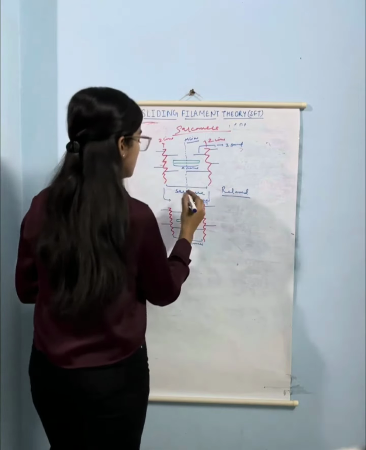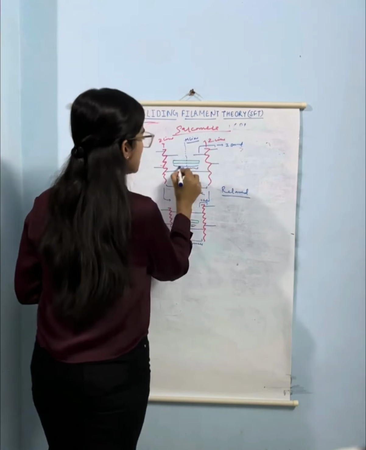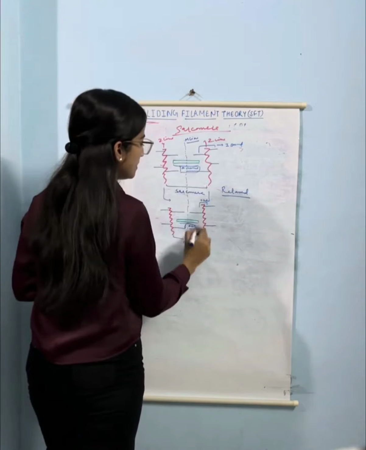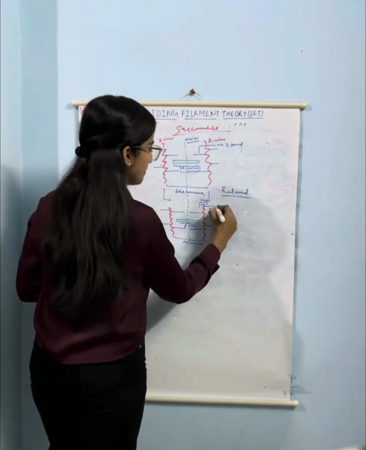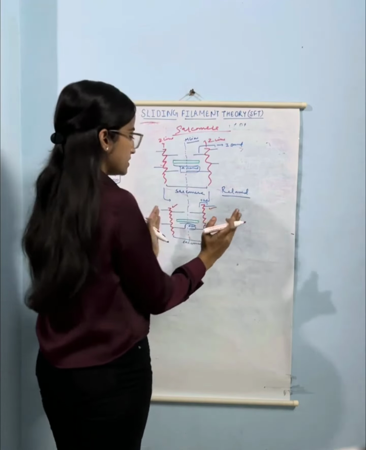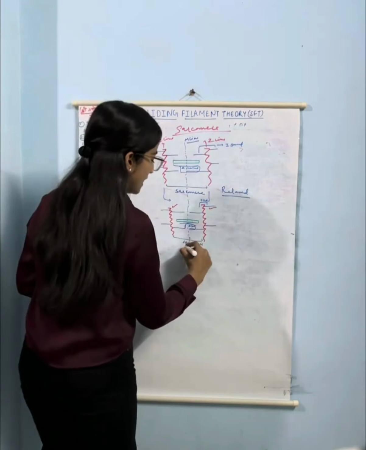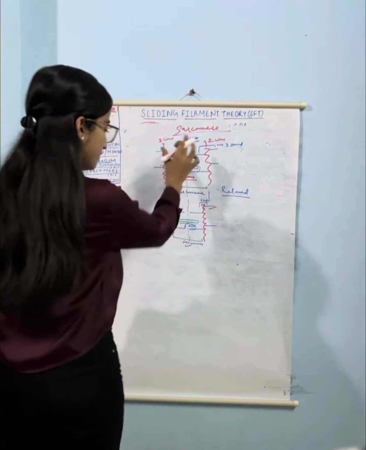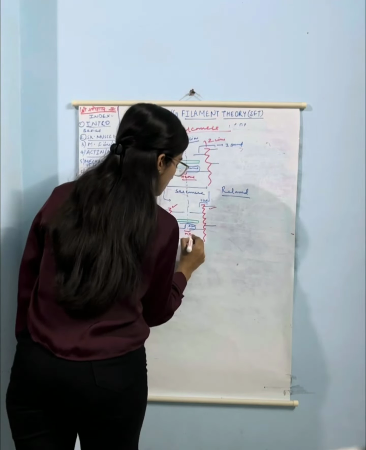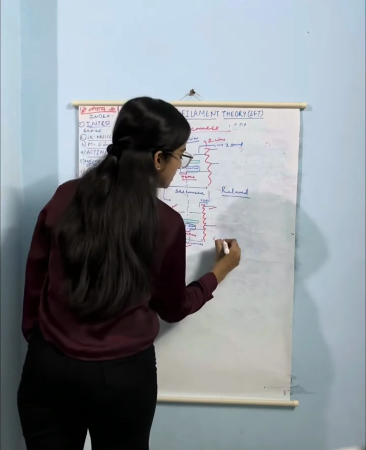So you can see that only two components remain unchanged, which are the A band and M line. The rest are all reducing in length, because the I band got reduced, the Z lines shifted towards the center of the sarcomere, and the sarcomere also got reduced. And yes, there is the H zone, which is the part of the thick filament not overlapped by the thin filament. Here the H zone also got reduced. So this is in the contracted state.